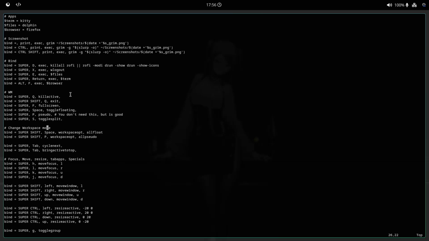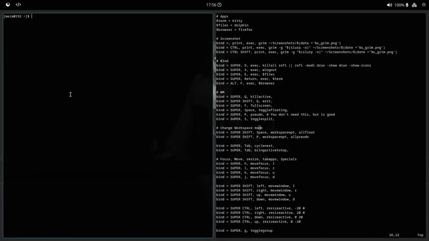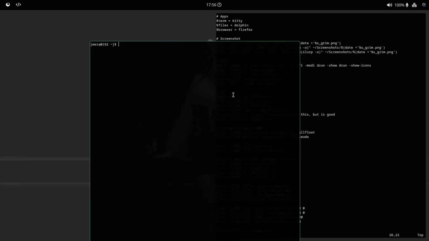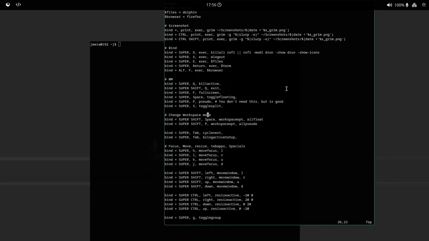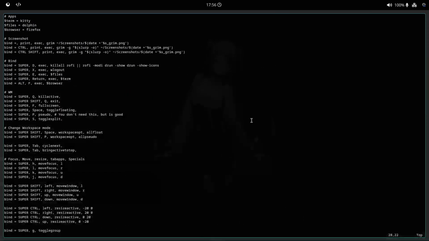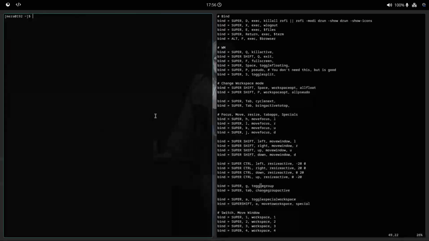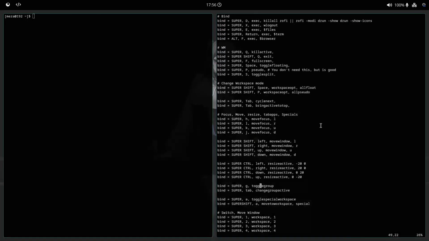This one is for changing the workspace. This one is for changing the workspace mode. If I press Super Shift and Space, everything is floating. Right now everything is floating. If I do this, it's not floating anymore. This one is all pseudo, this one is Alt Tab, and this one is for resizing the window, so if I did Super H,